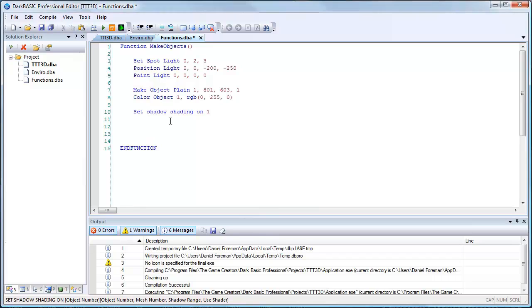If we type in make object box 2, 805, 603, 75, and then we create a second box, make object box 3. We're going to give it the dimensions of 790, 593, 100. Now you'll notice that the width and length of the object is smaller in box 3 than it is in box 2, but it is deeper in both directions, so it's basically carving a hole through the middle of the box. At the moment they're just overlaying each other, but to carve a hole, what you do is you type in perform